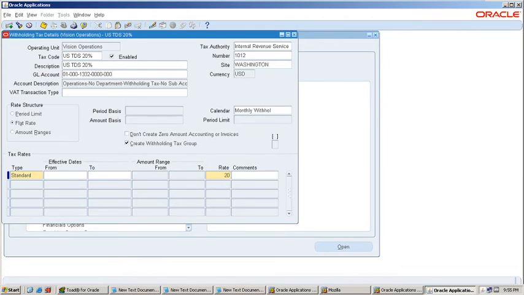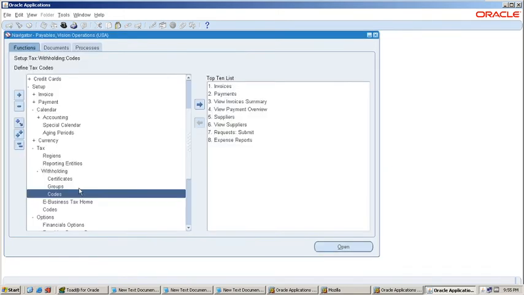Now this withholding tax code setup has been completed. Now you need to pass this withholding tax at the supplier's level. Then only it will display at the invoice level.